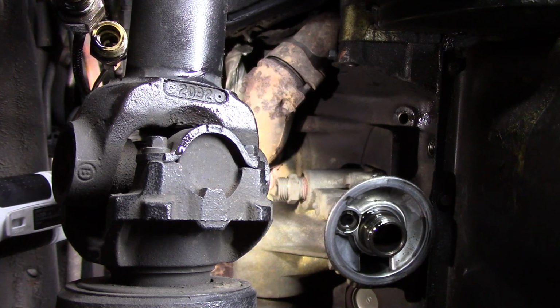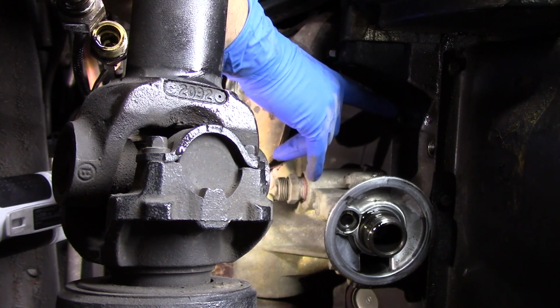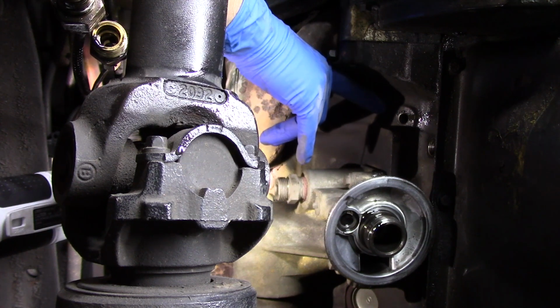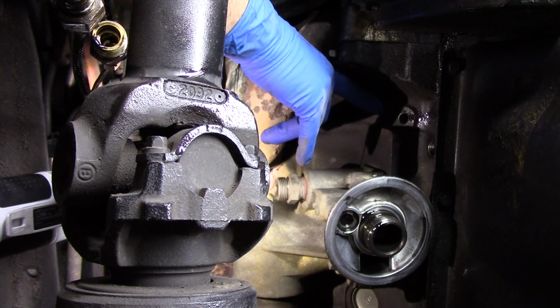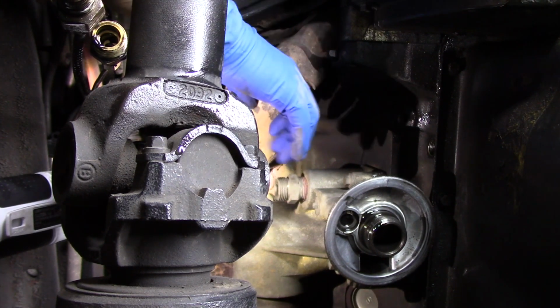Now that we have our oil drained and our oil filter off, we're also going to have to drain the remainder of the antifreeze that's sitting at the block here. So just above where you pulled the oil filter off, you're going to find a plug right here. Make sure you have a catch pan ready because that's going to dump anywhere between 2.5 and 3 gallons of antifreeze out. So have your catch pan ready to go. Pull that plug, let that antifreeze drain, and then you're on to the next steps,